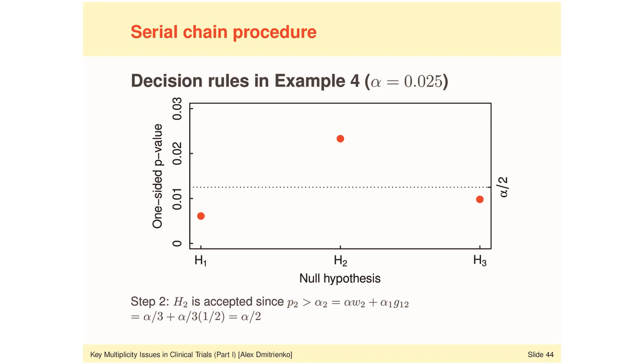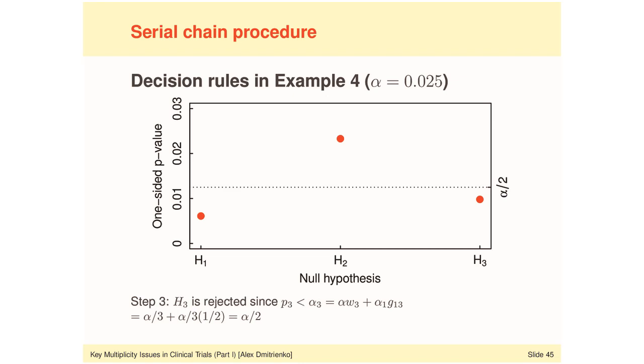However, despite this updated significance level, the p-value for H2 is simply very, very high. And as a result, the hypothesis H2 cannot be rejected. It is accepted,